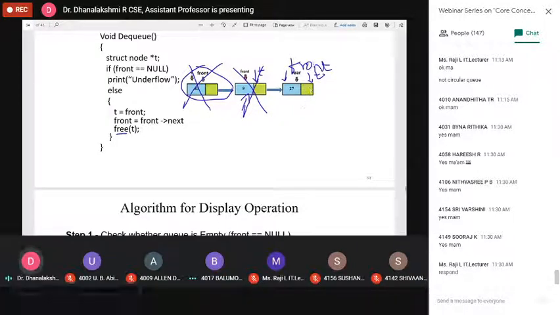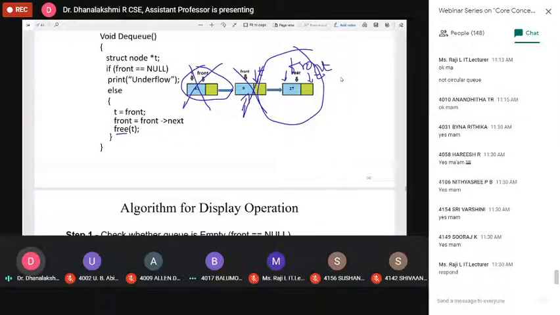How can we remove this pointer variable? In this case, what do we have to do? Any idea, students? We discussed this in the array. Already I told you, this is the case of only one node in your list, only one node inside the queue. After deleting this element, you have to set the queue as empty. Students, respond to me.